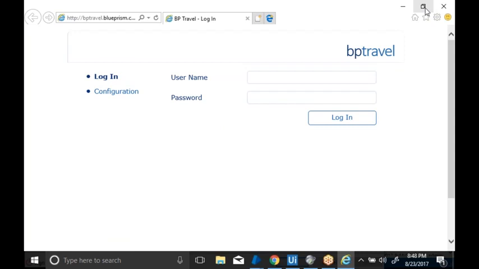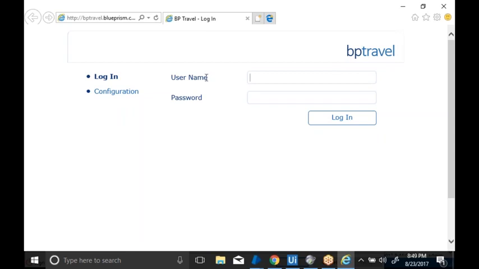How will we log into the application? We'll go to the username text box, enter the username, and go to the password text box. We'll enter the password, go to the login button and click on the login button. The same way a human does. My automation, my Blue Prism bot, can also do the same kind of actions. How? Now I have an application modeler, and my application modeler will go and identify the elements of the application.